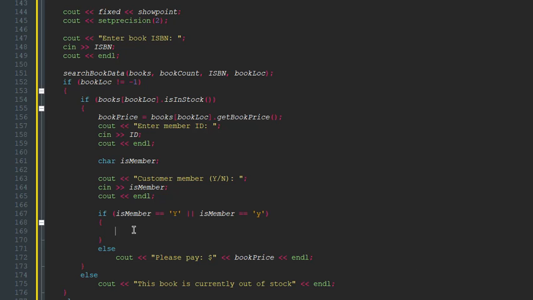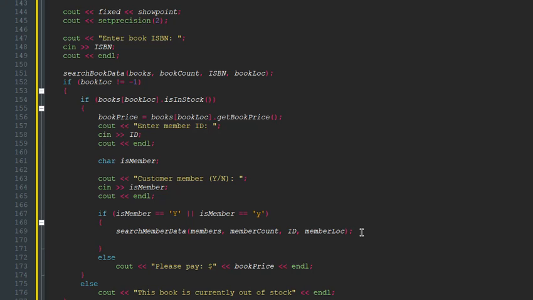Also, if this does execute as true, then we need to search the member data. We look through the member locations using the member ID, and then we get the member location. And now we need to write here, if the member location is not equal to -1,